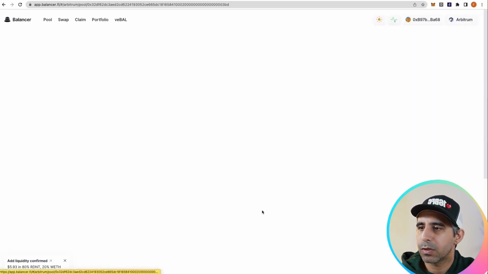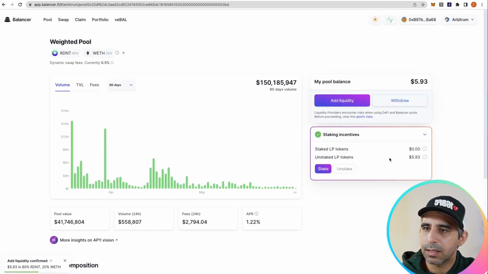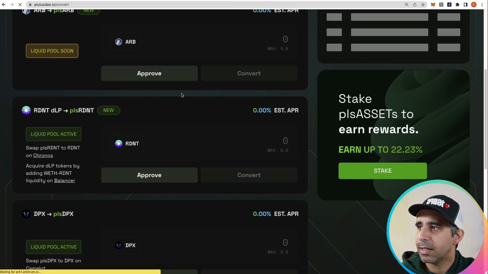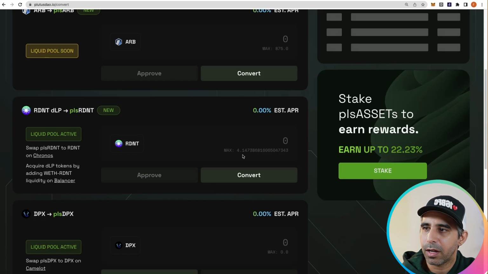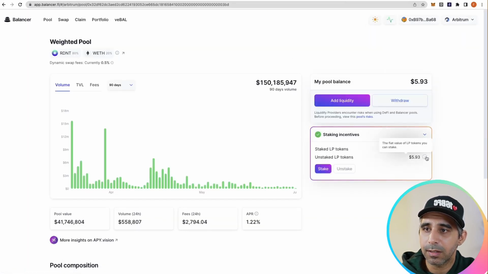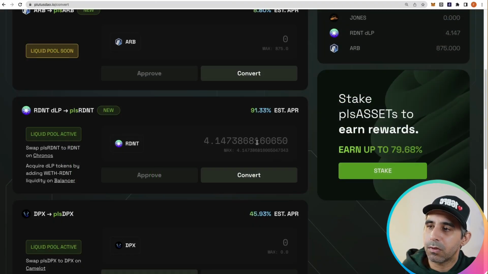Excellent, so that's done. I'll return to the pool page and you can see I have unstaked LP tokens, but I don't need to do anything here. So let's head back to PlutusDAO. I'll just refresh. You can see right away I have my 4.14. That is basically what I got when staking it, if you saw. Great, you can see I have added that. Now it's not representing the RDNT in my wallet, but the actual liquidity I provided, the RDNT with my ETH. Now I can hit convert,